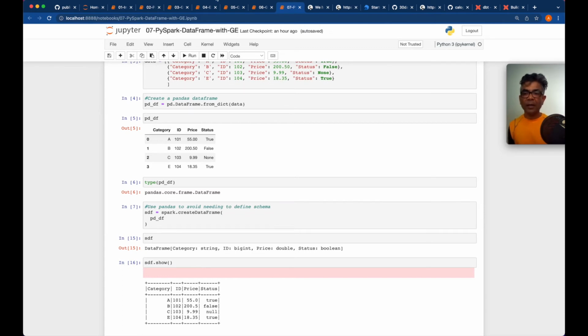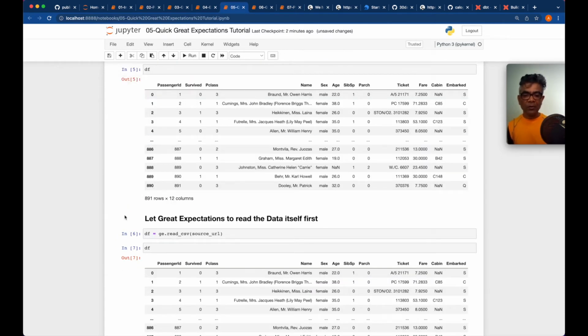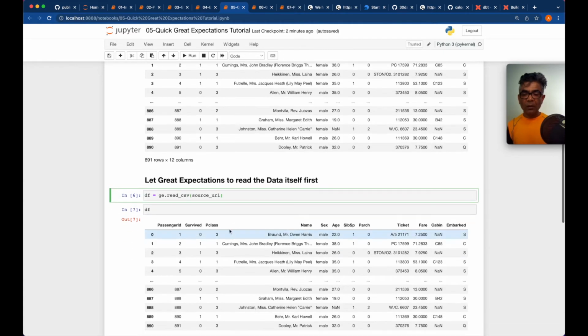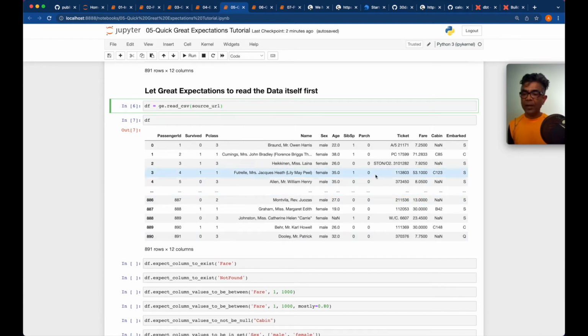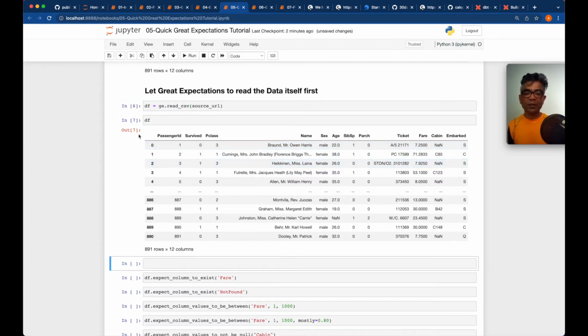I will be coming there a little later, but at this point, what I want you to understand is that depending on your configuration, when you are creating the context, you will tell Great Expectations what the source and the data type are, and that is where Great Expectations will try to understand and read it accordingly. So here we are reading the source URL, and now the data frame, which also has the Great Expectations modules available for you. So here is our data frame, and here are the various columns and the data according to that. If you would want to see the details related to Great Expectations, you could say df dot,